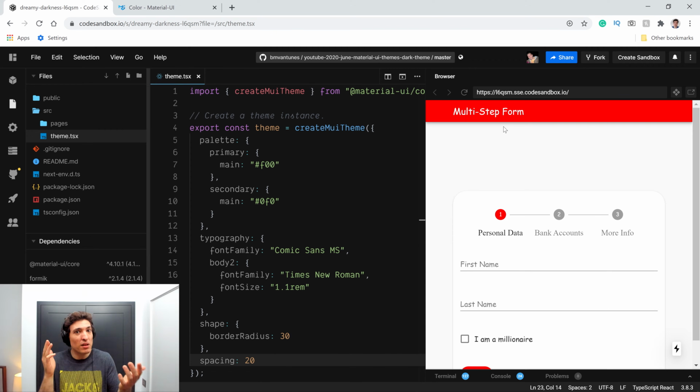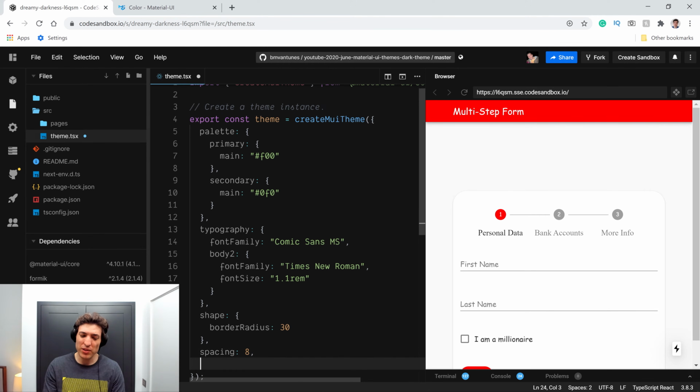You can have 2 themes in your Material UI. So one theme is the dense theme. So you say the spacing for example, 5 pixels. And then you have a theme where you say the spacing is, for example, 10 pixels. So the elements have a bit more room to breathe, if you so desire, right? Let me just put that back to 8 pixels. I will not remove, so when I do the commit, you can see that one.